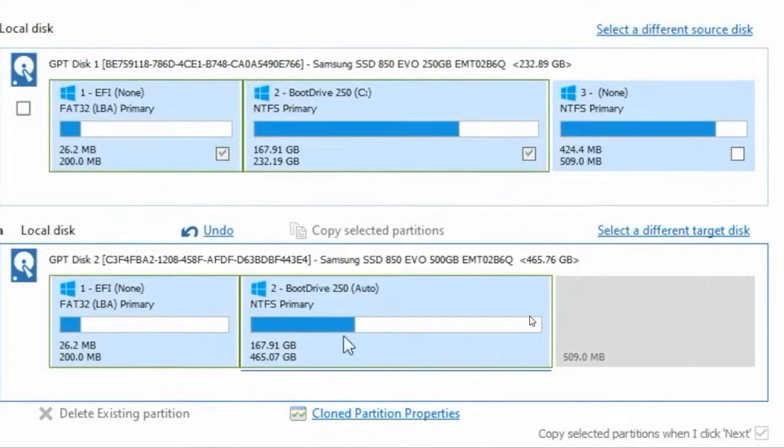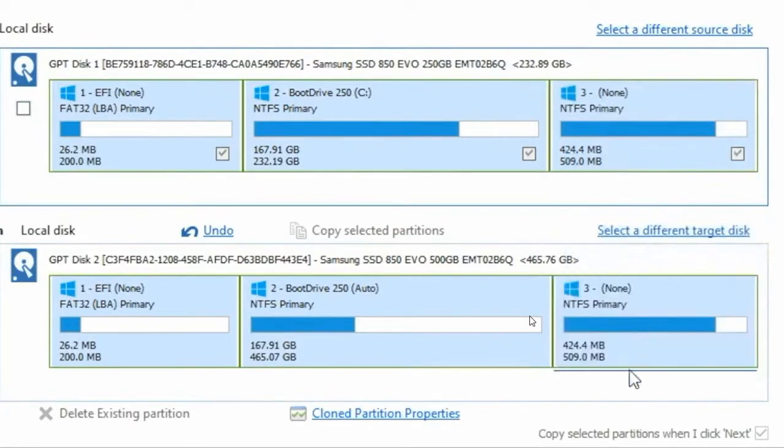So I hit OK, and again, these are not to size because clearly 465 is much larger than 232, but they're exactly the same size. And I'm going to grab this last one and drop it into the 509. So now the first and last partition match, and the middle one is what's going to be expanded. So I'm going to click Finish,